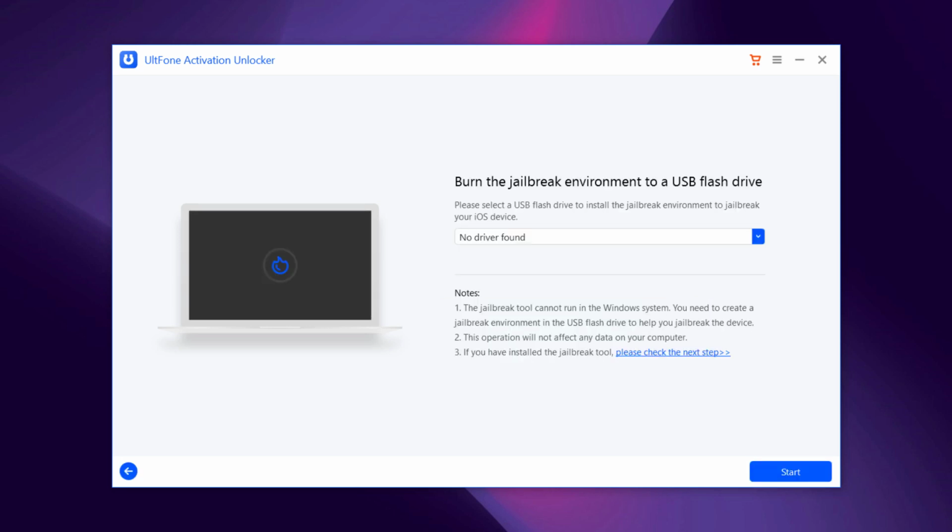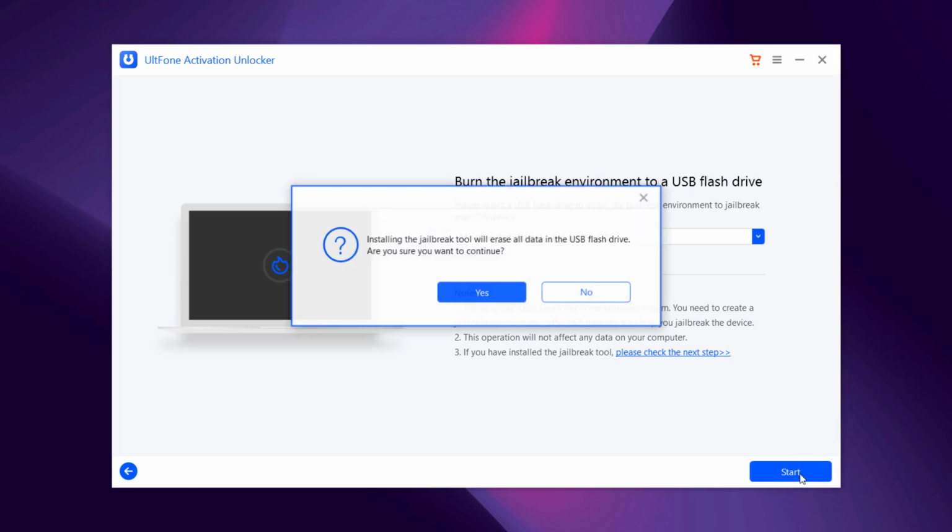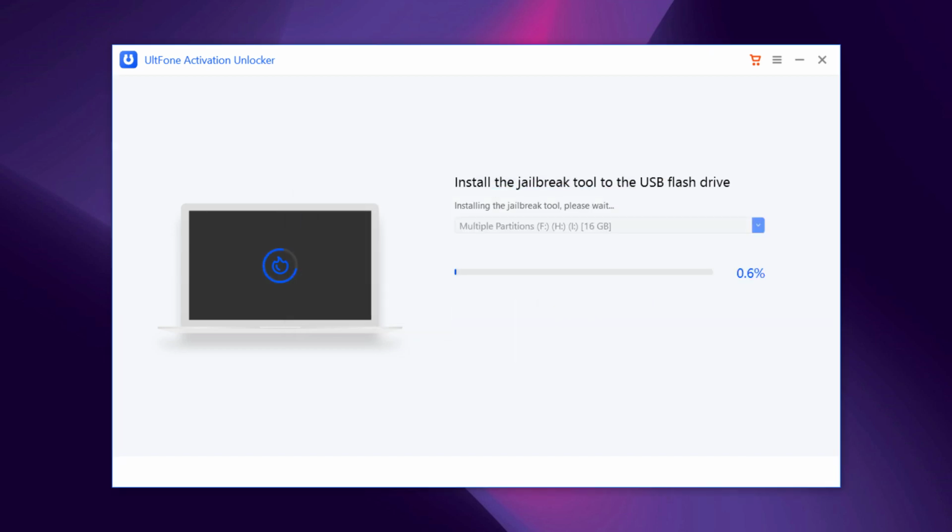Then the program will prompt you to burn the jailbreak environment to a USB flash drive. Please insert a USB flash drive to your computer and click start. Next, the program starts to install the jailbreak tool to your USB flash drive.